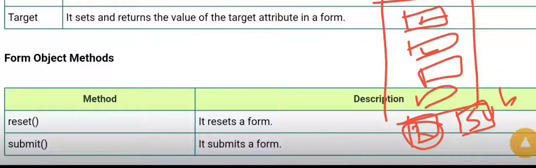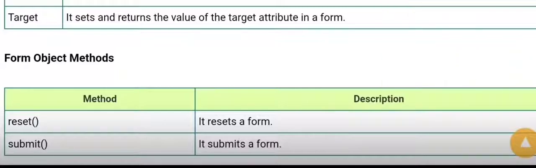The reset button we can call a clear button, which deletes the entire information entered in the text fields. The submit button is used to store this information with the help of the form, right?